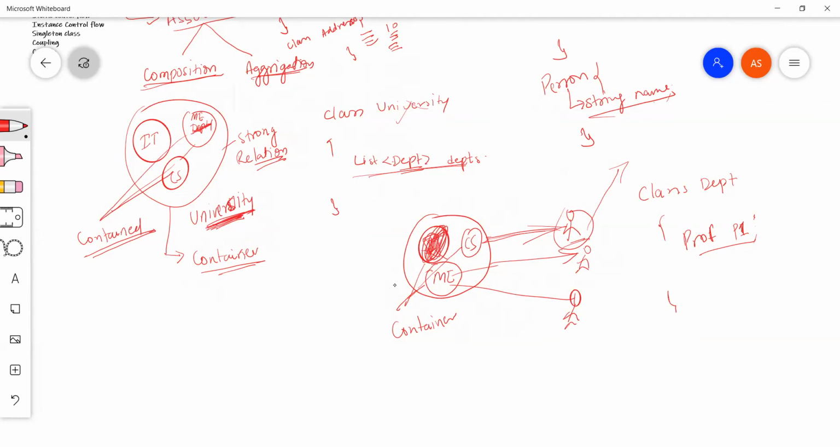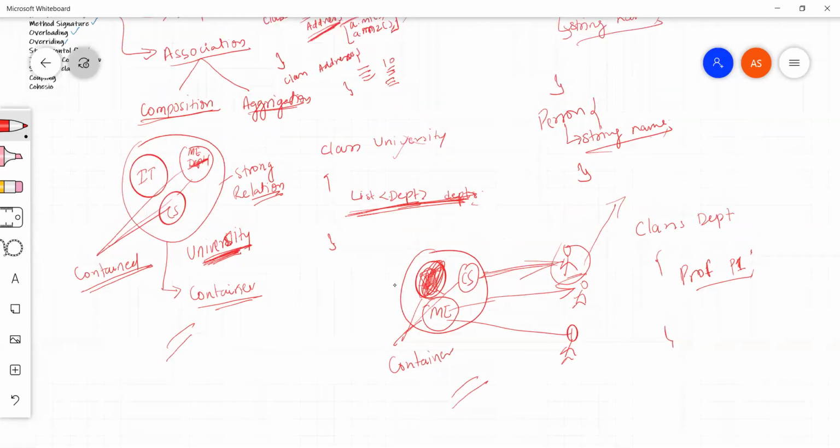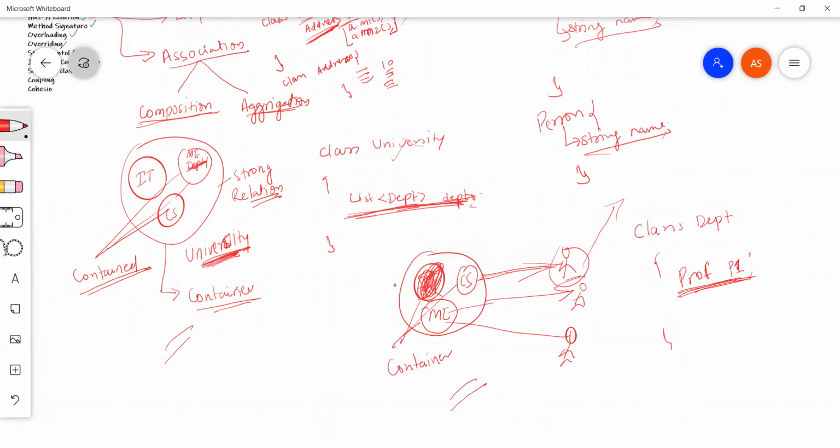Both are association, but using this example you can say this is composition and this is aggregation. When we do it in coding, we do the same thing: for this we did a list of departments, and here we associated a professor with the department class. So code-wise there is no difference, but concept-wise there is.